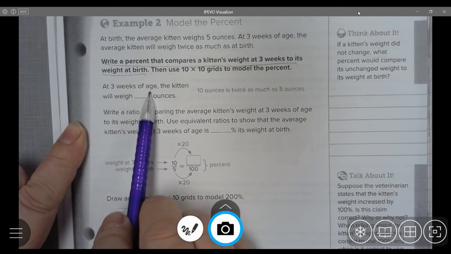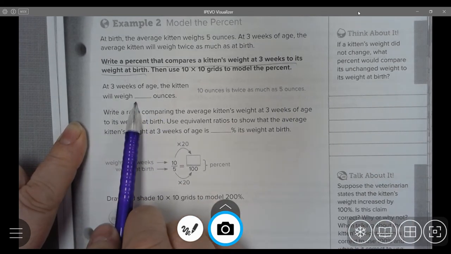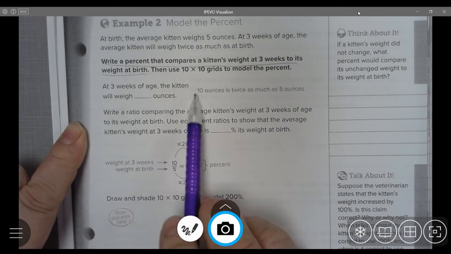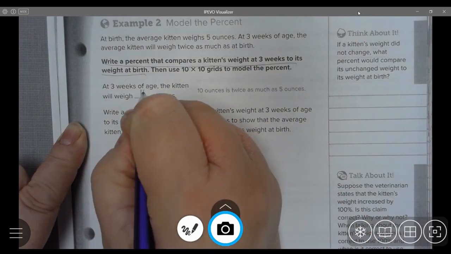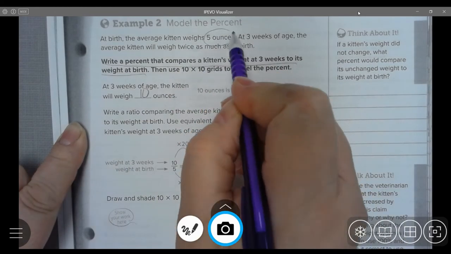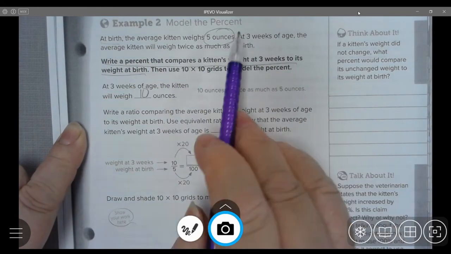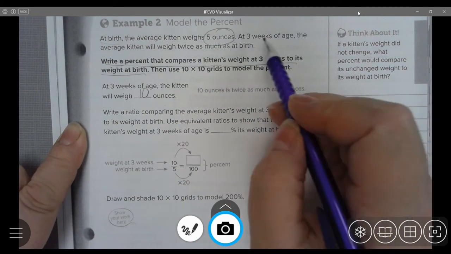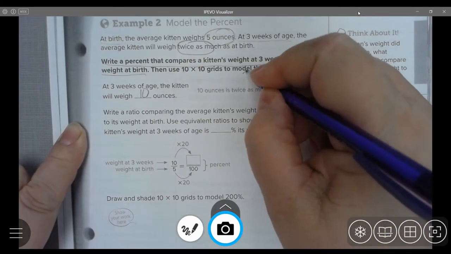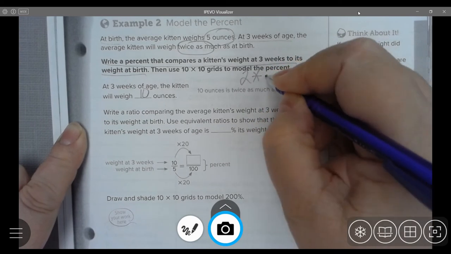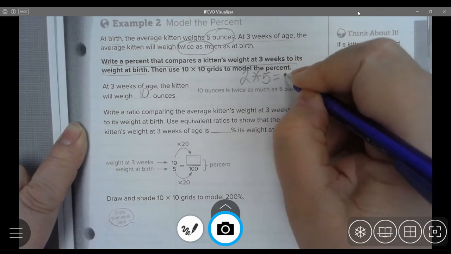So at 3 weeks of age, the kitten will weigh how many ounces? And it says right here, 10 ounces is twice as much as 5. So I would write down 10 because we start out at birth at 5 ounces. And then at 3 weeks, it says it's twice as much. So 2 times 5 is 10,